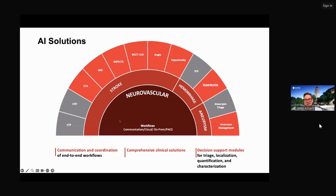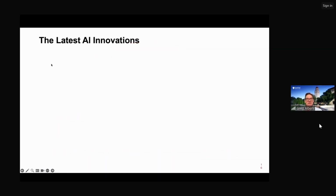All right, so here are the modules that are currently cleared for stroke patients. The good news is I will not be walking through all of these modules. I'll just be giving you some highlights about what's new and what's evolving as we look at evaluating ischemic stroke, brain hemorrhages, and aneurysms, and how AI software can help us. Well, there has been a lot of innovation. So if you're familiar with the software from 3 years ago, it's probably out of date these days. The software has to evolve into new versions